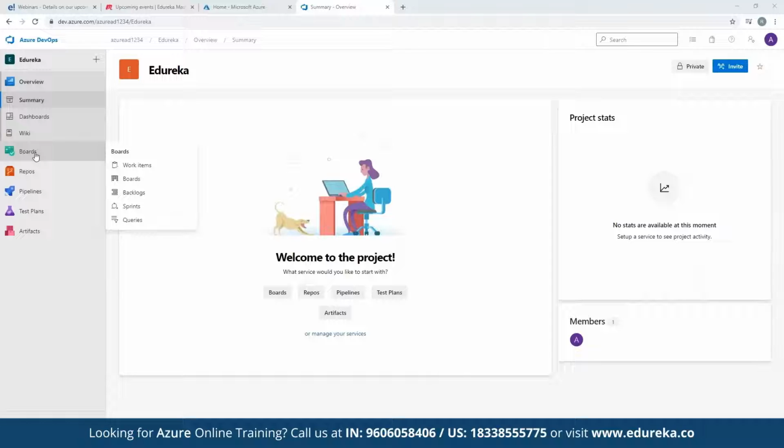These are a work tracking system with Kanban boards, dashboards, or any other reporting kind of activity which you can perform on the boards. We have work items, backlog, sprints, all of these are available in the boards. Repos is a famous one. As you know, we have this cloud hosted private Git repository service. This repo is a Git repository service which is given in Azure. And we have test plans also, solution for test, and capturing data about defects and all of those stuff, right?